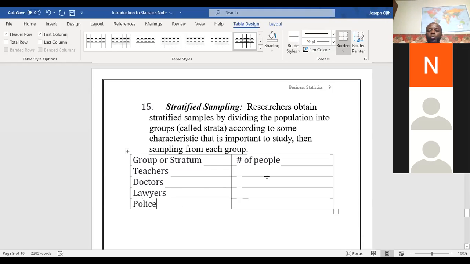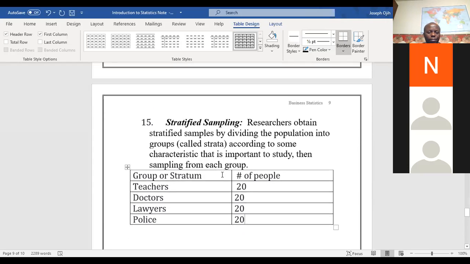So from each of these groups, I can select at random. Maybe I can select 30, or some people might select the same number of people, let's say 30 or 20 people from each group, and study them at random. See? Because we divided them into groups and selected a sample from each group, that's why we call it stratified sampling.